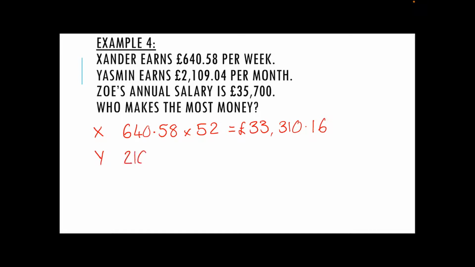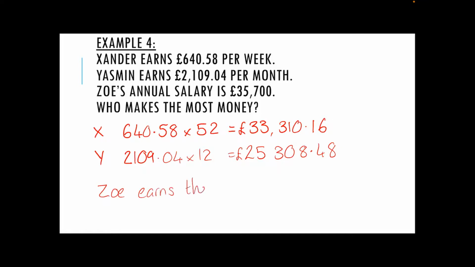Yasmin then is £2,109.04 times by 12 months in the year. And that is going to give us £25,308.48. So our final answer then is that Zoe